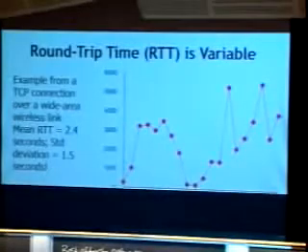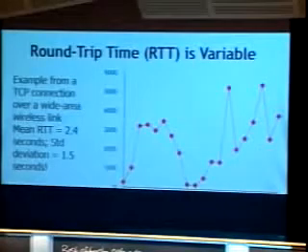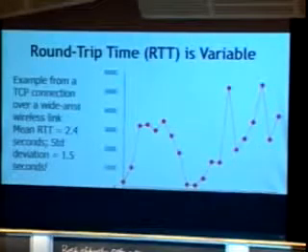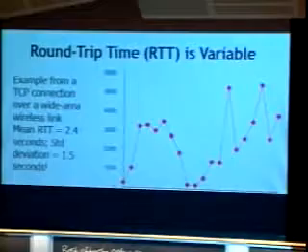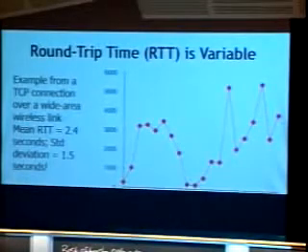The average transmission time is 2.4 seconds here. The standard deviation, which is a measure of the variance between these different samples, is 1.5 seconds. So there's a lot of bouncing around of this signal, and expecting the round trip time to simply be a single constant value isn't a very good idea. So if we want to set the timeout just to RTT,